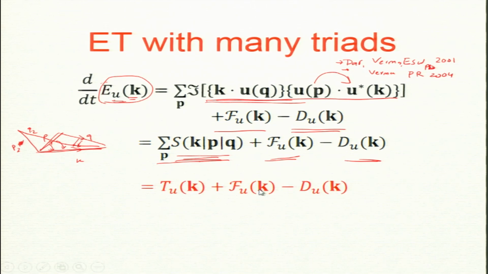Now, there is a notation. This quantity is also called T_u(K), the energy transfer via the nonlinear term. Okay. So, this is the notation in textbooks; they write this as T_u. Okay. Our contribution is that we write this as a sum over P.